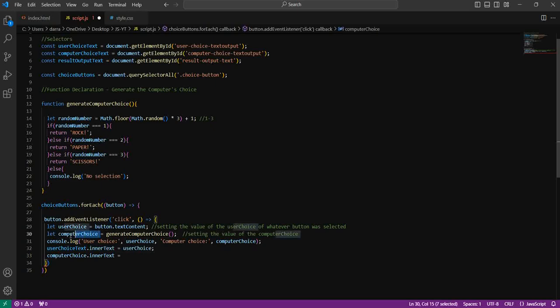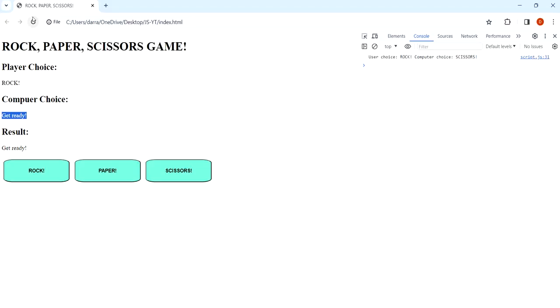And remember, computer choice is a variable here that we've defined. And what is the computer choice value? Well, computer choice basically is the value of whatever is returned by this function, generate computer choice. Generate computer choice generates a random number, and then depending on whether it's 1, 2, or 3, we get returned rock, paper, scissors, okay? So if we now save and refresh, now if I click on rock,